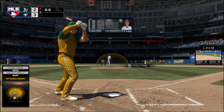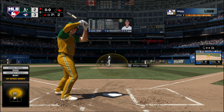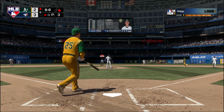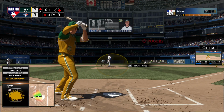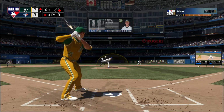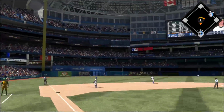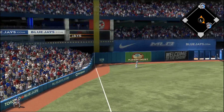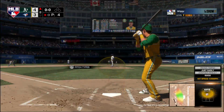Striding in for Oakland, Stephen Piscotty, 0 for 2 for him to this point. First pitch coming, here it is, and he fouls this one off. This one, everything we could have hoped for. 3-2 in inning number 8. Swing, and there it goes. He got all of this one. Gone! A 2-run shot that gives them the